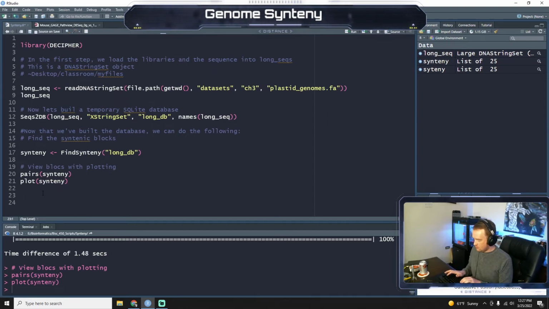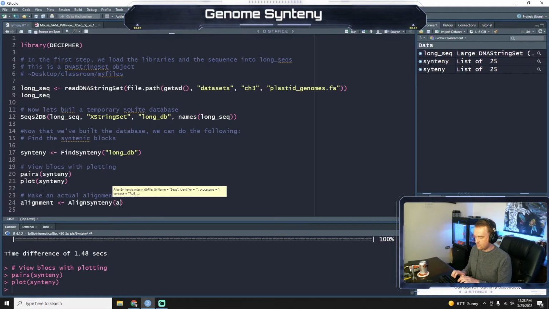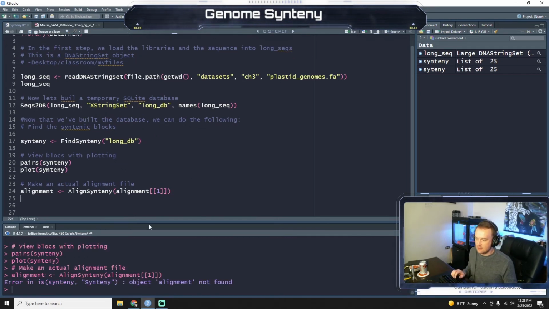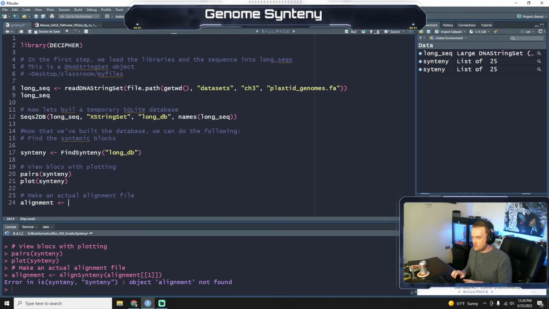Okay, so now let's make an actual alignment file. So we're going to call this alignment. Oops. We'll say align Synteny for alignment. What kind of stinks about this is, oh no, it's for Synteny. Oh, I'm mixing up my commands here. All right, for our alignment, it's going to be